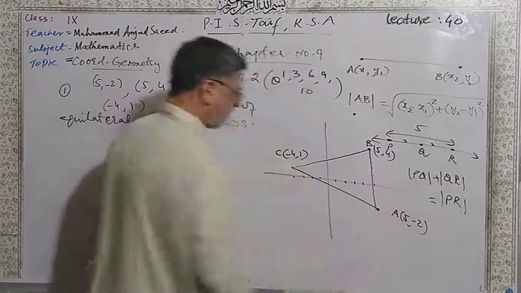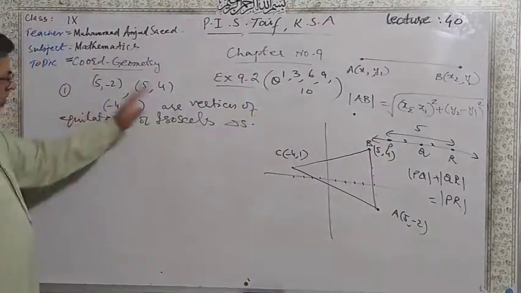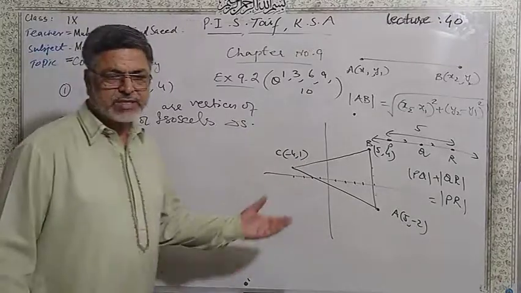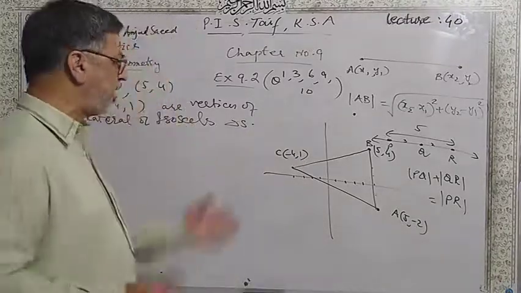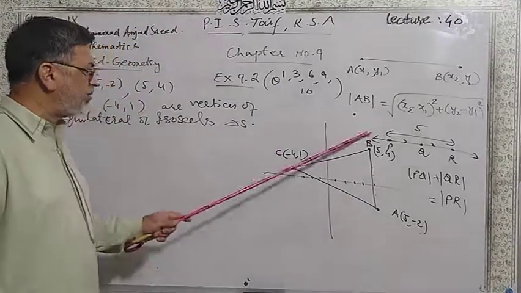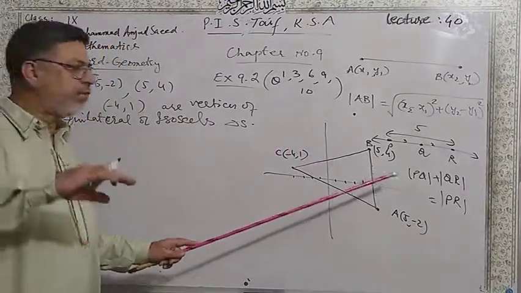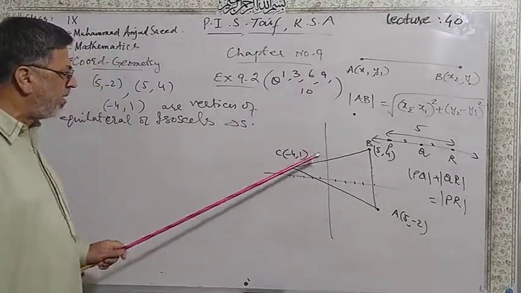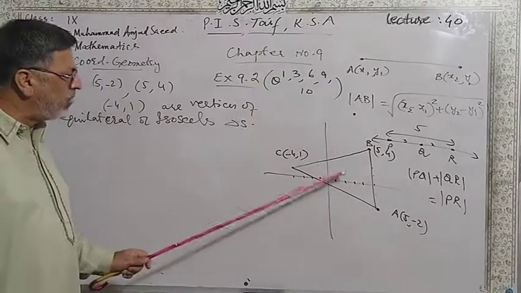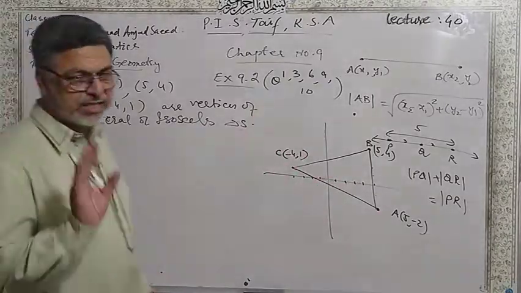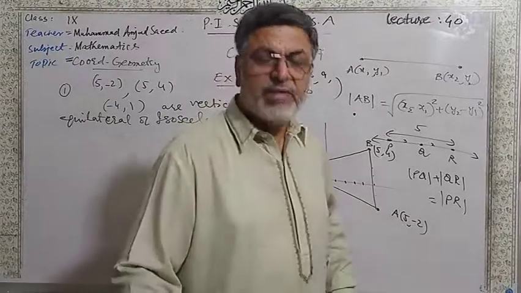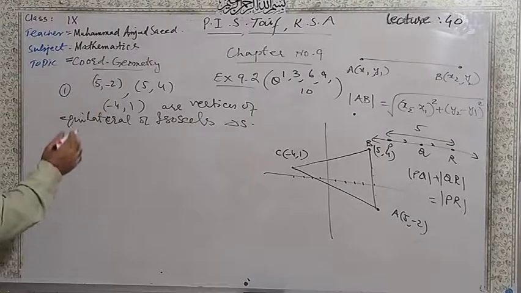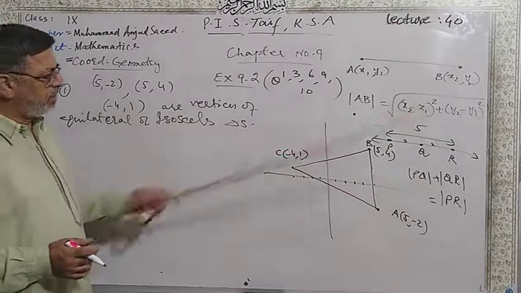This is your rough sketch of the given vertices of the triangle. Now we have to show whether it's equilateral or isosceles. Remember that if |AB|, |BC|, |CA| are all equal, it will be equilateral. If two sides, AB or BC or AC, are equal, then we will have an isosceles triangle. We have to prove it with the help of the distance formula. Very easily, you will know about this formula.